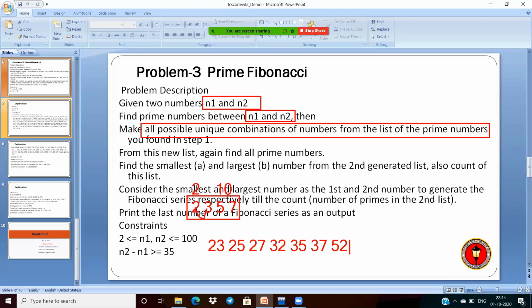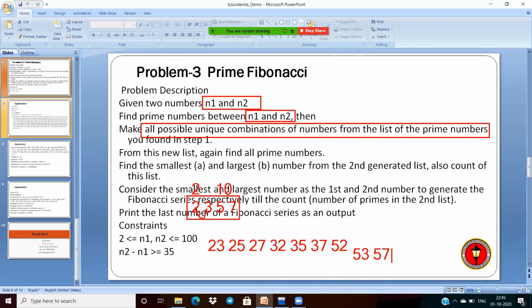Next possibility is 52. After 52, the next ones are 53 and 57.